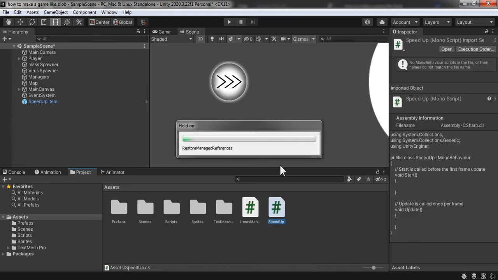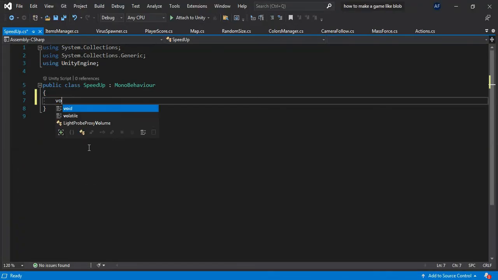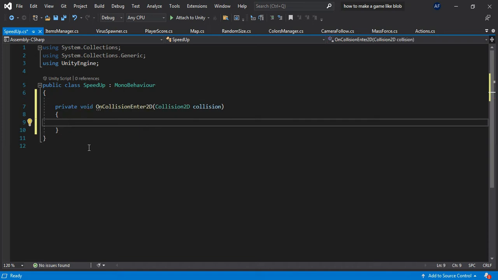Double-click on it to open it in Visual Studio. And then remove the start and update methods. OnCollisionEnter2D method. This method is called whenever something collides with the object that has this script. To test it, we will just destroy our game object,